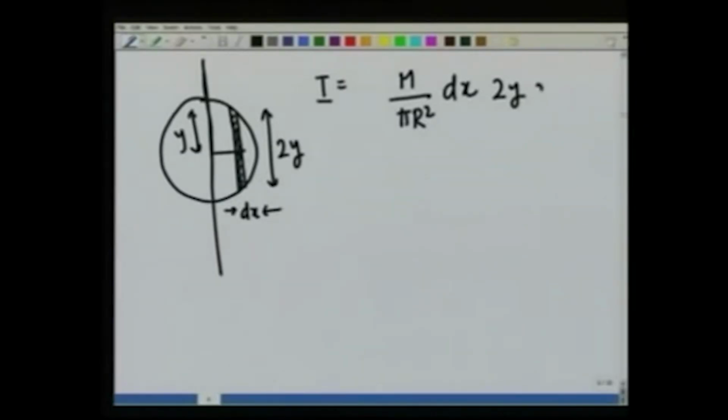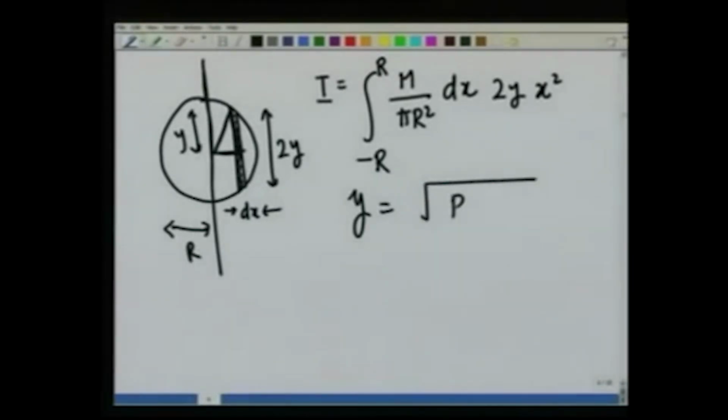Multiply this by x square and integrate from minus r to r, because this distance is r. What is y? y is, you can see from this right angle triangle, going to be equal to square root of r square minus x square, and therefore, the moment of inertia about one of the diameters is going to be